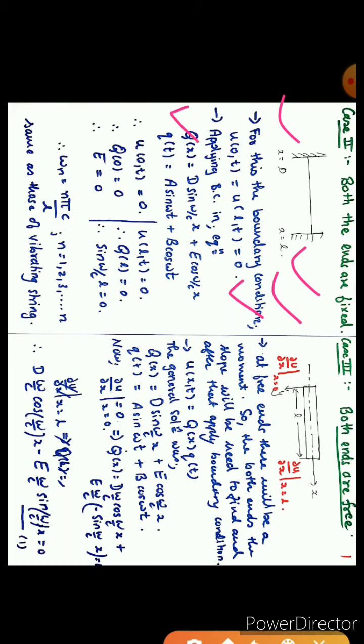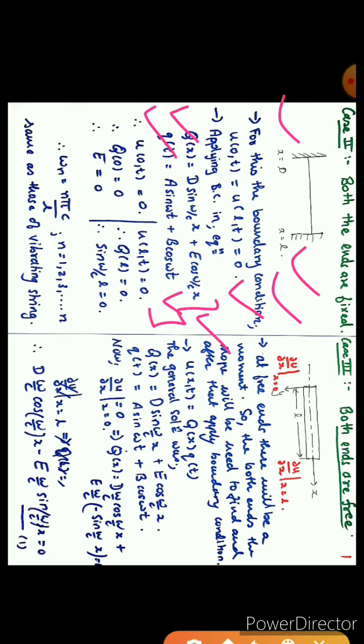Q of x, that is what we have discussed in vibration of string as well as in case 1, and q of t, that is also we have discussed how this equation arrived. So if you are new to this video or directly ended up on this video, just go through my previous video. You will be able to get how we have got this equation. Especially go with the video of vibration of string.